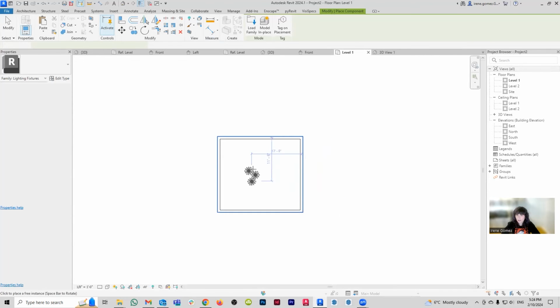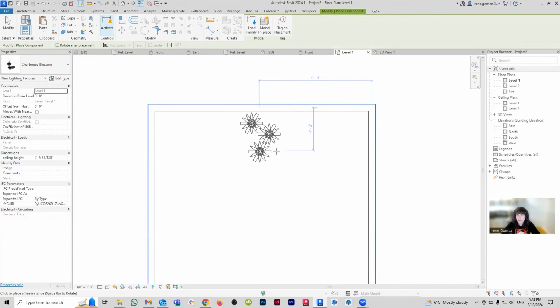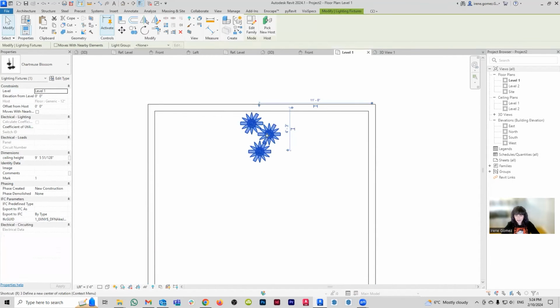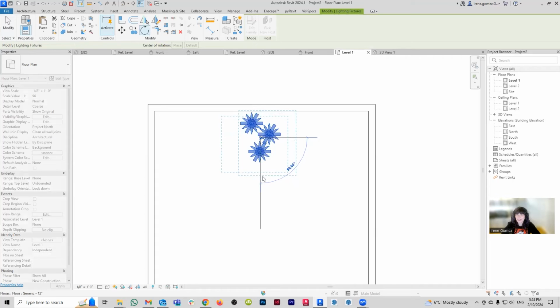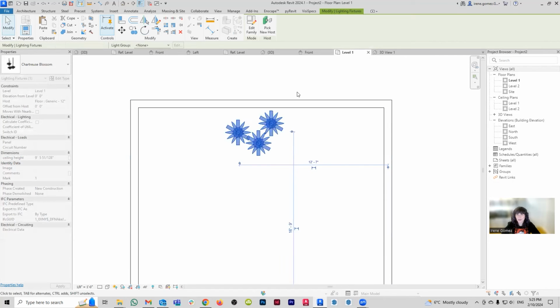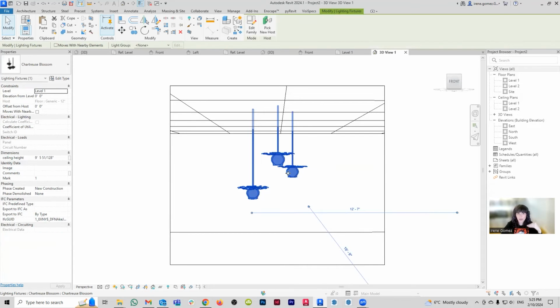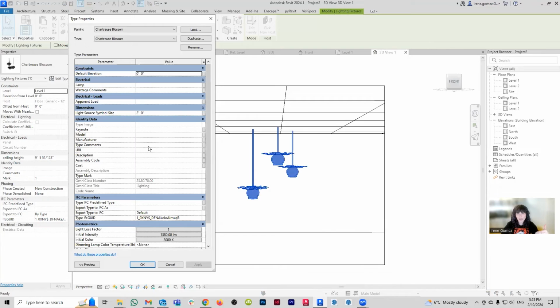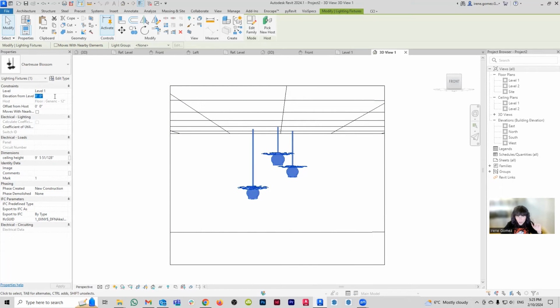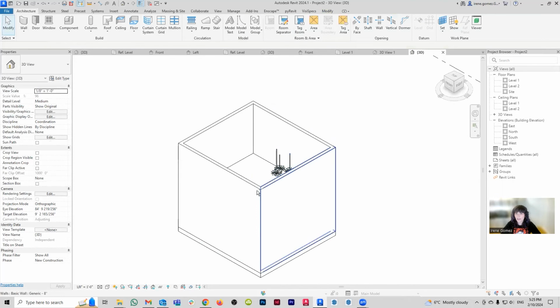And I'm just, ooh, look at her. Again, those 4 little petals, God damn it, Revit, why do you have to be so difficult? That's fine. I'm going to pretend that I wanted them to be like that. And I'm going to go to my 3D view. Look at them. See? So what I like about this is that now I have 2 parameters that I should be able to control. So one of them is going to be like the height from my reference level. So by default, it's just going to put it whatever it was in the project. But if I want to, I should be able to adjust this. So if I say that I want it to be 5 feet from the floor, I think that's adding to the, let's go to the 3D view. Yeah, that's putting it beyond.